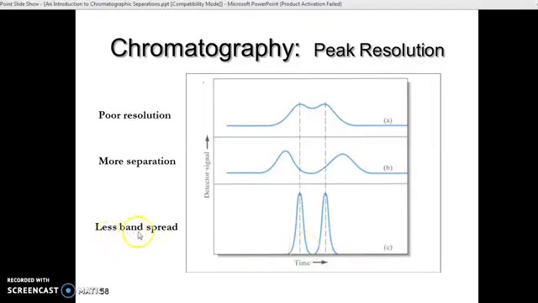This is a lace band and the lace band is spread. Now this one is very isolated from each other and gives an intimate separation. So you can also measure the center of the point and find out the retention time. Here the retention time gets confused because the peaks are merged together. Here is more confusion. So on this basis we see poor resolution, possibly more separation, but